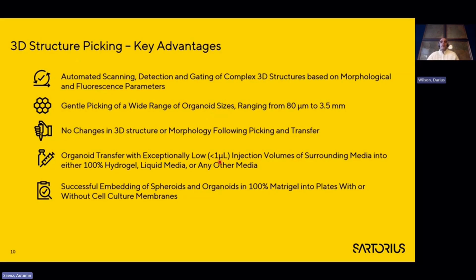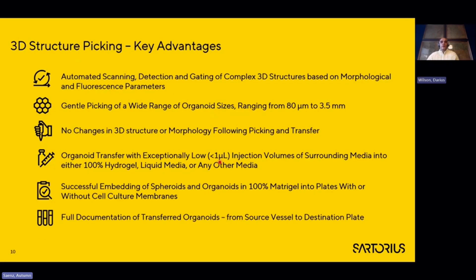We all know the difficulties in Matrigel work. As soon as it gets a little bit warmer, it begins to solidify, and then it becomes difficult to insert or deposit your organoid into the Matrigel. The good thing about the cooled deck tray is that it keeps the Matrigel extremely cold, so it doesn't solidify. It's very, very easy to put your organoid in without any air bubbles, and this can be done in plates with or without cell culture membranes.